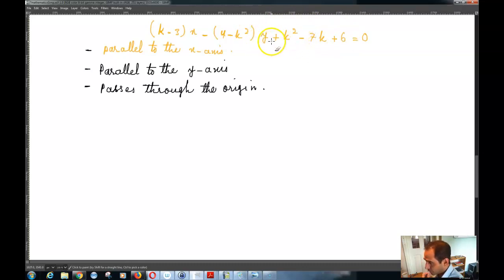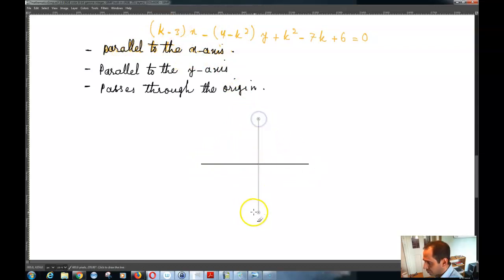So then if a line is supposed to be parallel to the x-axis, of course the slope of the line has to be the slope of the x-axis. And you see that over here, if I have a line that is parallel to the x-axis, for example this line over here, if this is x and this is y, you know that the slope of the x-axis is 0. So what that means is that if I